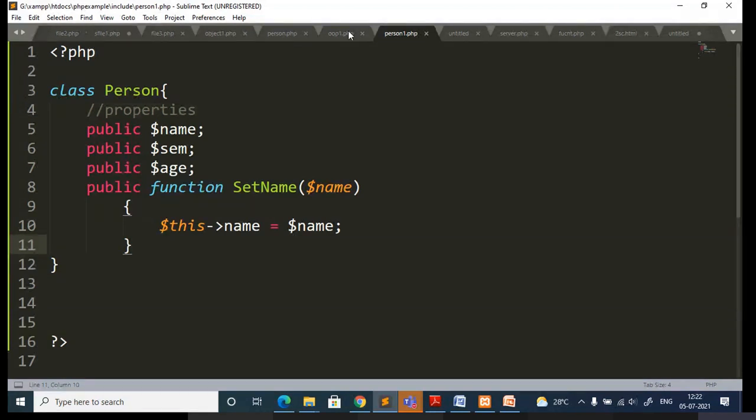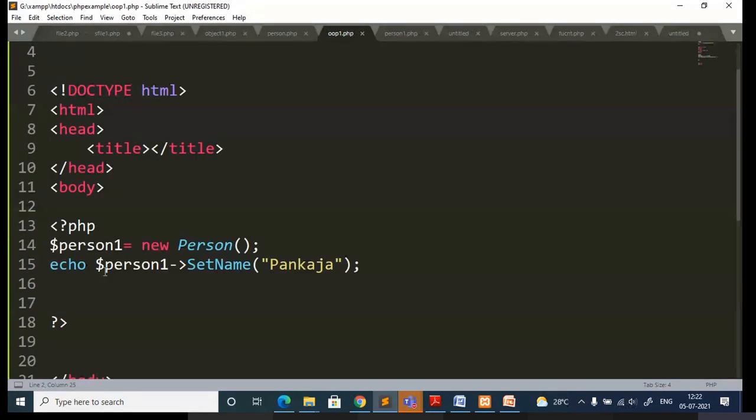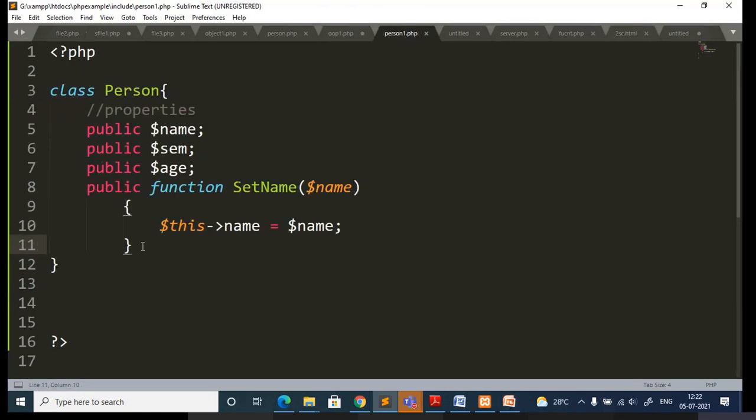But still, what is the problem? Okay, I'll just take this echo here, because I don't have any echo statement in this function. That's why I'm not able to get any output. Now in case I have any echo statement here, you will get the output.